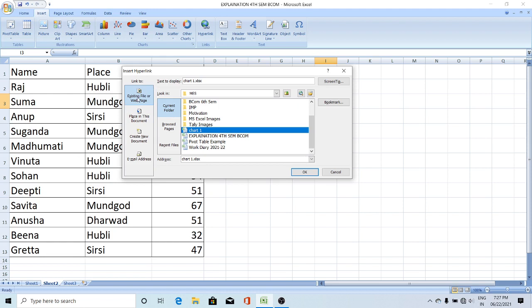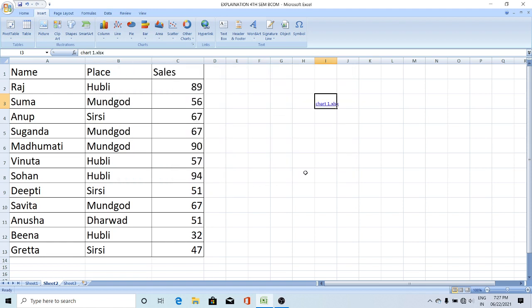Here I am giving a link to an existing file. That file, chart 1, is in the MES folder. So I will select chart 1 and click on OK. Here it's displayed in blue color, chart1.xlsx. Just click on this.